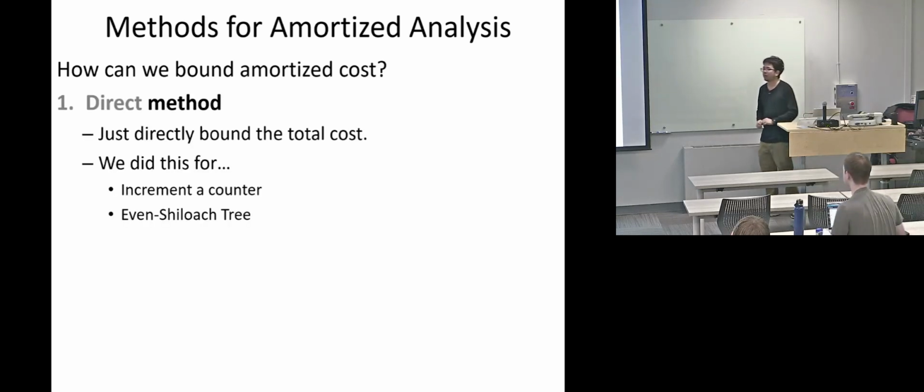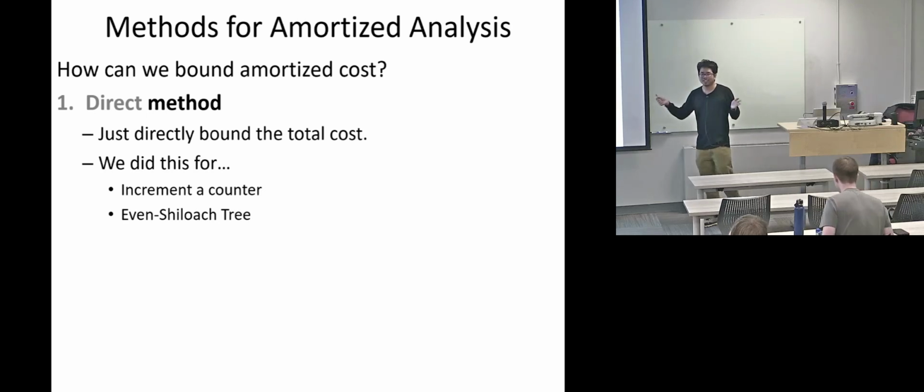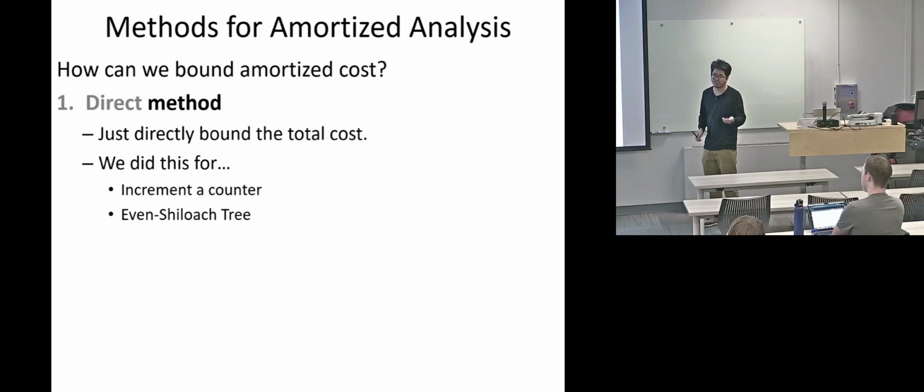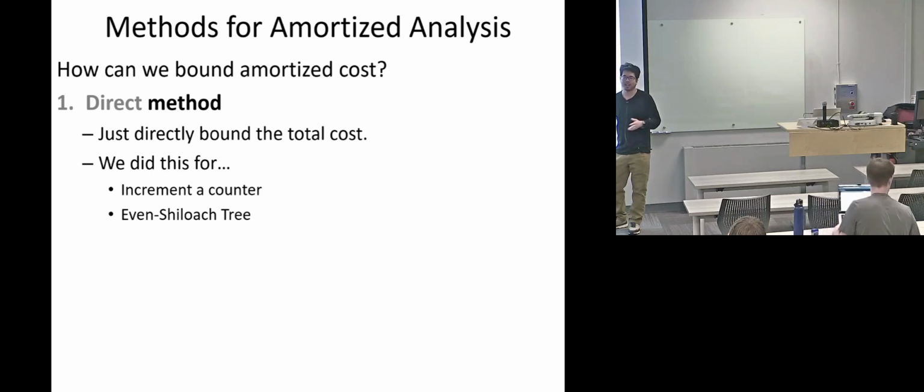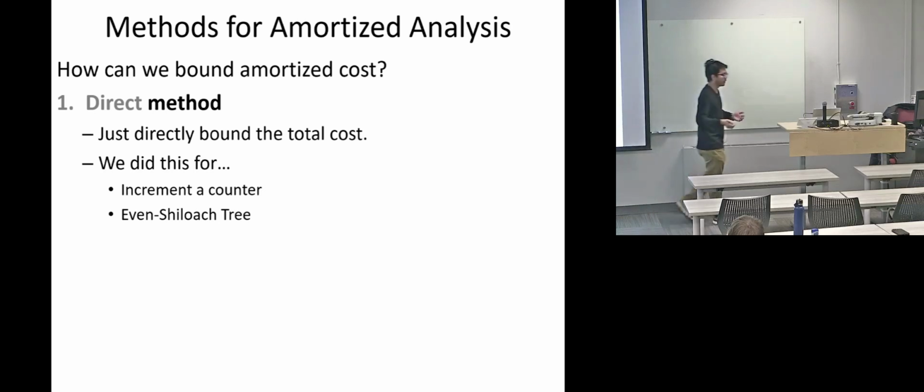One way is to directly bound the total cost, and we did this for the incrementing counter that we just did. Also in the lottery example that you saw last time, we looked at the whole sequence of updates. The total cost is mn, so amortized over m deletions, the amortized cost is n instead of m. So sometimes you can do this directly, but